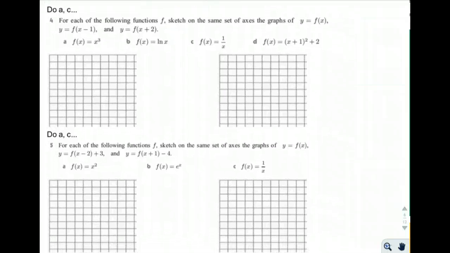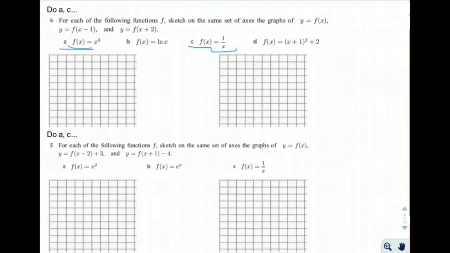For each of the following functions f, sketch on the same axes the graphs of y equals f of x, y equals f of x minus 1, and y equals f of x plus 2. Okay, and we are just going to do a and c. What I'll do for you here is x cubed. Okay,